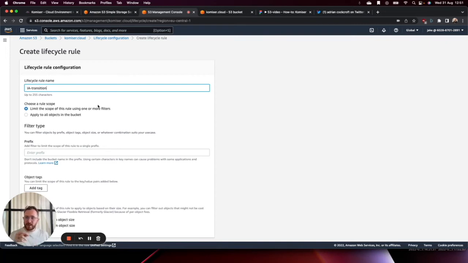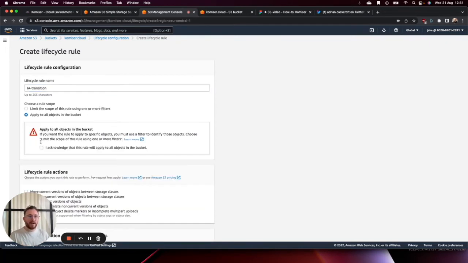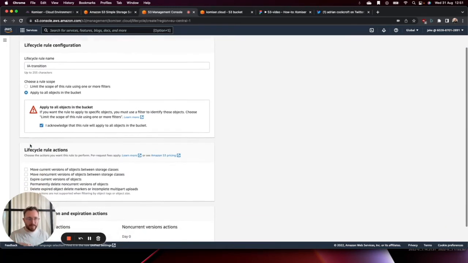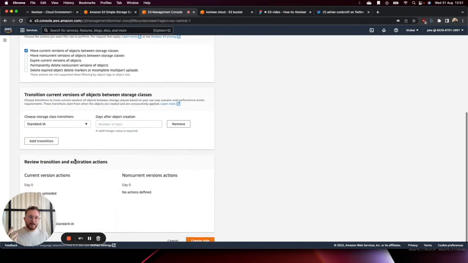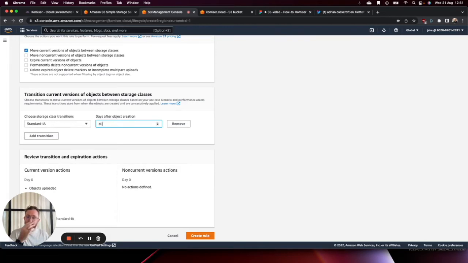And I'm going to choose the rule scope. In this case, I want to apply this lifecycle rule to all of the objects in the bucket, and I'm going to acknowledge that that is what's going to take place. The action that I want the rule to perform is to move current versions of objects between storage classes. And down here is where I'm going to edit and design the storage class transition workflow. So after the minimum amount of 30 days, I want to transition those infrequently accessed objects into the standard